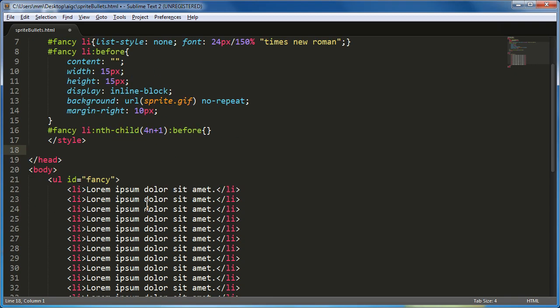So when you want to apply rules this way, this is what you're gonna do, people. You're not gonna write fancy li nth child 1 comma nth child 5th, nth child 9th. No, you're gonna create this complex rule. Smart coding, people. Okay. So for every 1st, 5th, 9th li, I would want